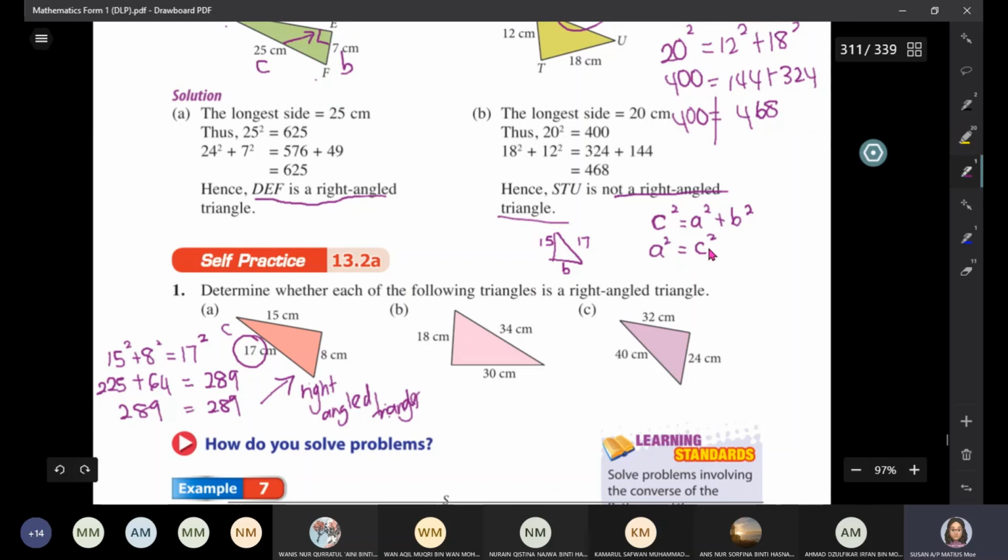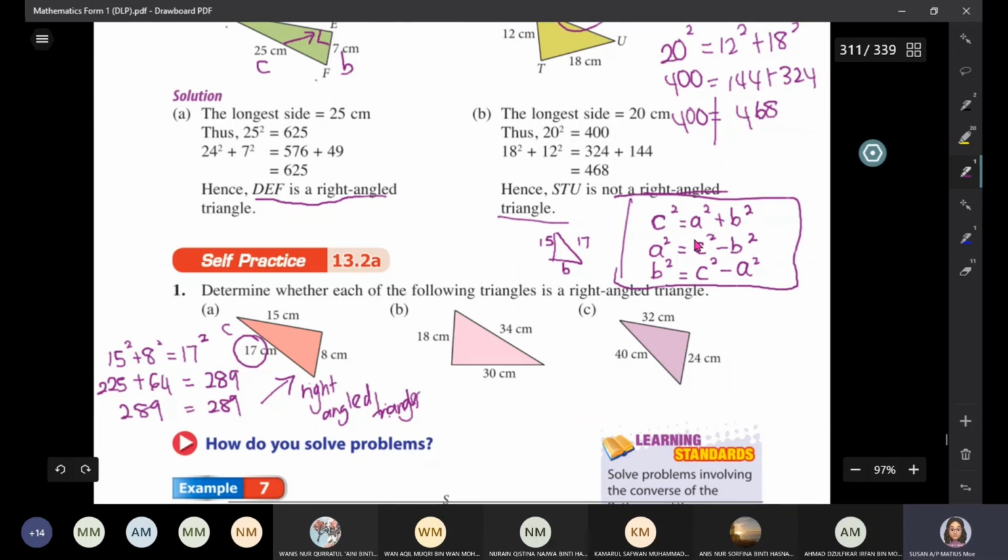Why is c square at the front? Because that's the longest, the biggest, minus b square. So same thing goes. If you are looking for b, or the vertical or horizontal length or the side, it will be c square, the hypotenuse, subtract the vertical. So this is how you can manipulate the theorem which has been taught to you. Okay, alright. And furthermore, guys,